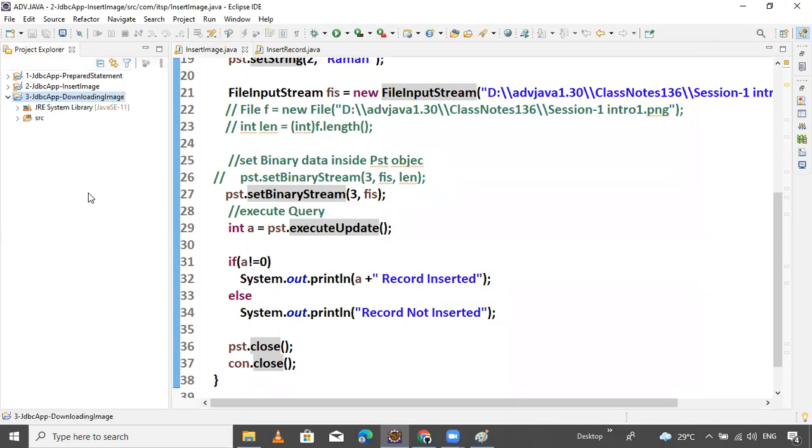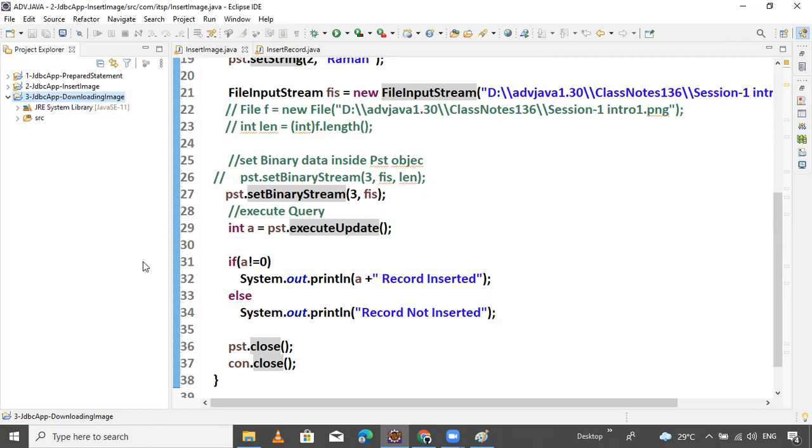First of all, import the jar file. I taught you how to import the jar file in the last session, but I want to tell you in this session also. Click on the project, right click.